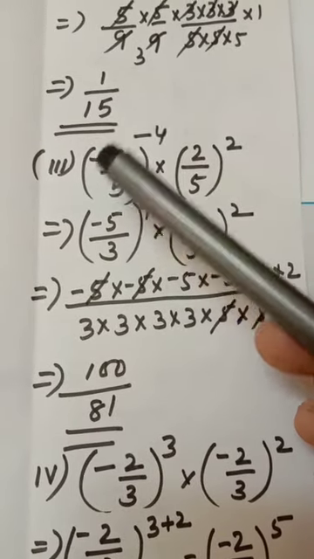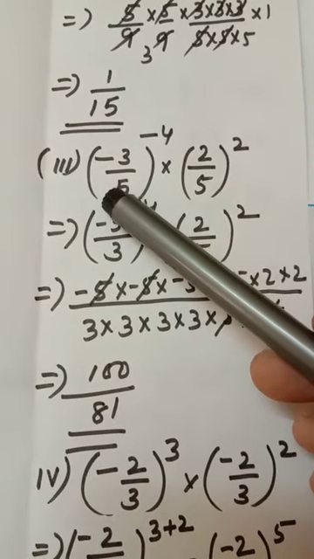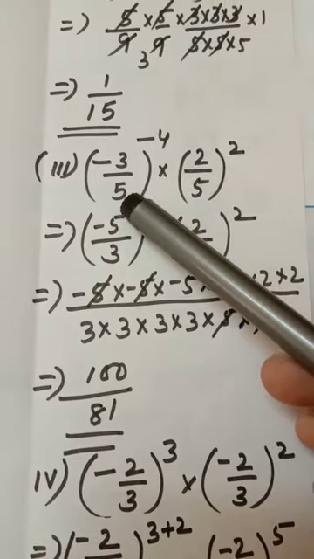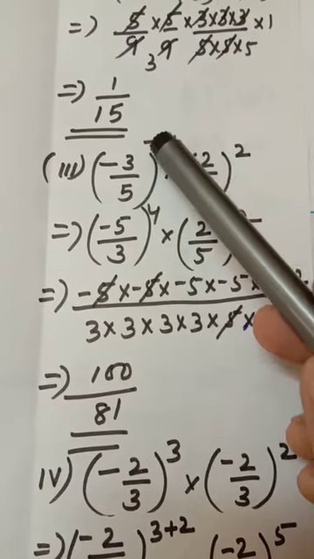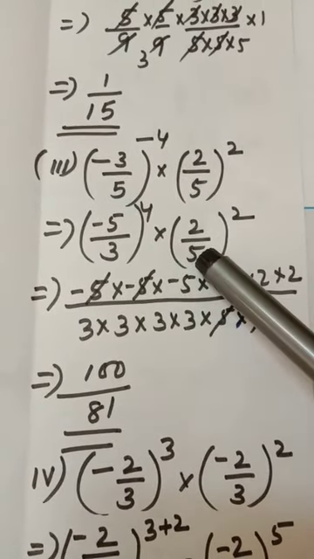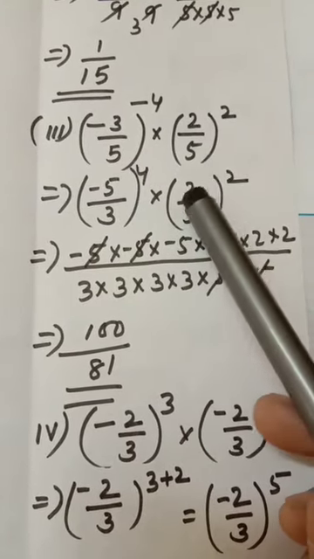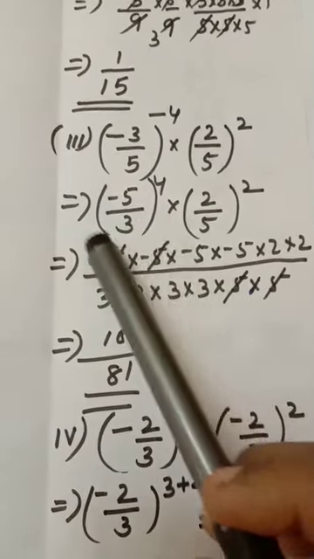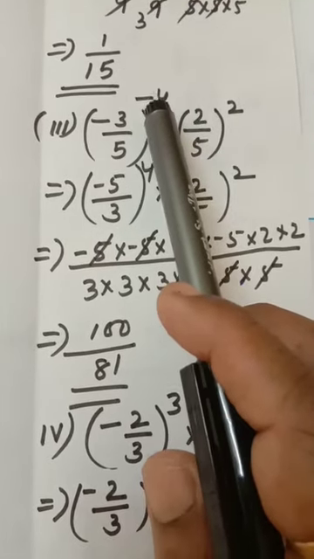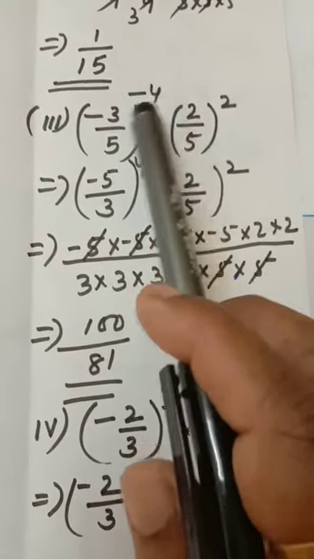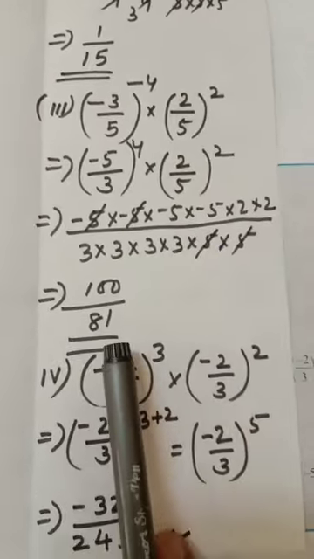Now, take the reciprocal, minus 5. The minus sign will be kept here; this minus can be written here also. Okay. Minus 5 by 3 into, then negative will become positive. If you take the reciprocal, negative will become positive. Okay. 2 by 5 the whole square. Minus 5, 4 times. 3 also 4 times. 2, 2 times. 5, 2 times. I already told you why you take the reciprocal: because you can't write minus 4 times. You don't know how to write minus 4 times, so you are making minus 4 to positive 4. Okay. After that you cut out, you will get 100 divided by 81.